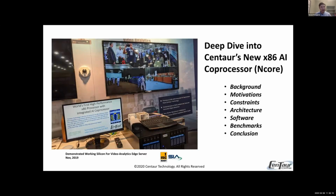So I'll start by highlighting that we have working silicon. Here's a system on display at a trade show back in November, running several video analytics demos. On the monitor in the foreground is a quote from Linley. There's an in-depth NPR article that you can read for free by going to our website. While we have working silicon...